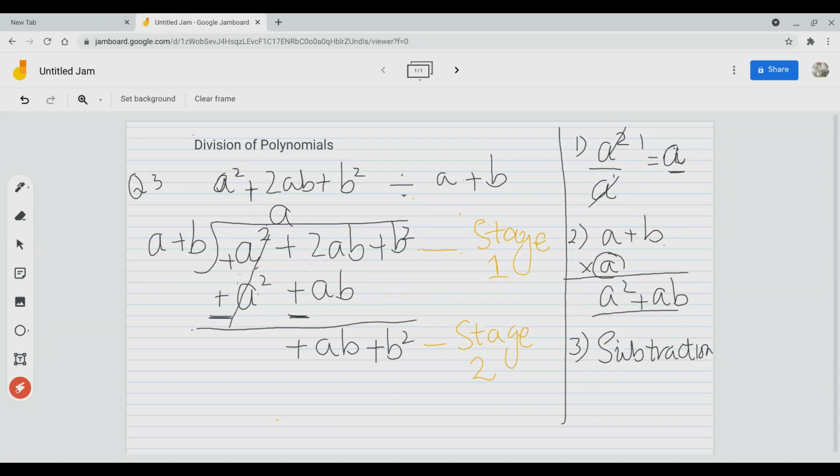In subtraction, we change the signs in algebra. So we are dealing with polynomials algebra, we will change the sign. If this has plus sign, it will change into negative sign. This has also plus sign, it will change into negative sign. If both terms are like terms and they have opposite sign, we cancel it. And what about this A? A will come here. The answer will come here under dividend, and this A will come as a quotient.